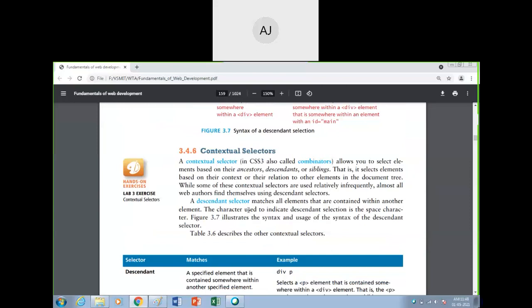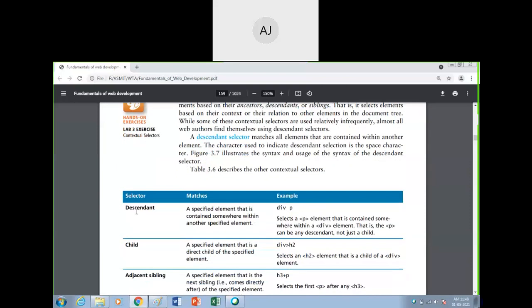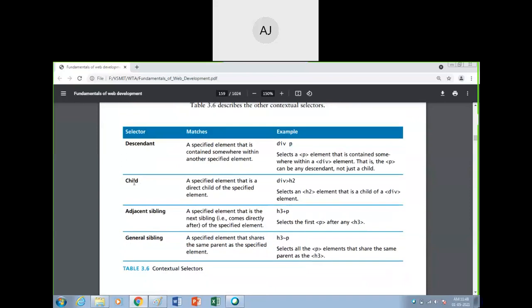The node or attribute which is below the level is called a descendant. In this we have descendant div and p, meaning within this div tag there is one more tag called the p tag, that is the paragraph tag. Then there can be a child, where div, angle bracket close, and h2, so h2 will be the child of div.